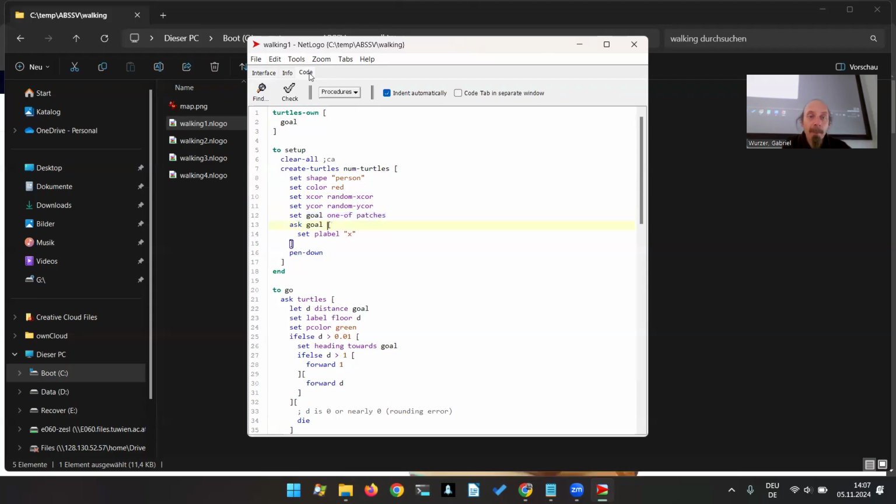And we tell that one patch, also in that case, the goal, to set its patch label. Every patch can have a patch label. Did you know that? So that's the small thing displayed on top, like a small string. So we set that to X in order to signify this is a goal. And after having done that, we finally tell the turtle we created to put the pen down so that we